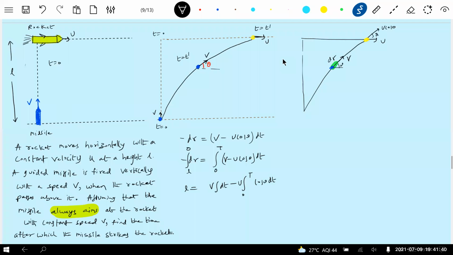So what is the biggest problem? L equals V t minus u integral cos theta dt. Look at that integral of cos theta. Is theta a constant or a variable? At various positions it will be different, no? Initially what was theta? 90. Initially theta was 90 and finally becomes 0. So theta is not constant, it's a variable. So this has to be determined now.